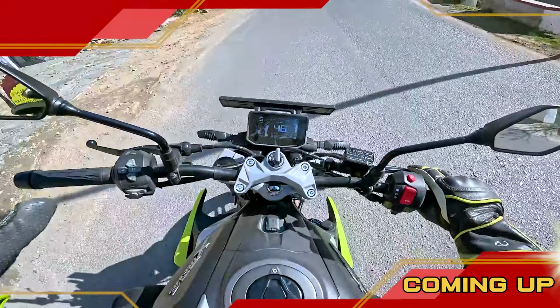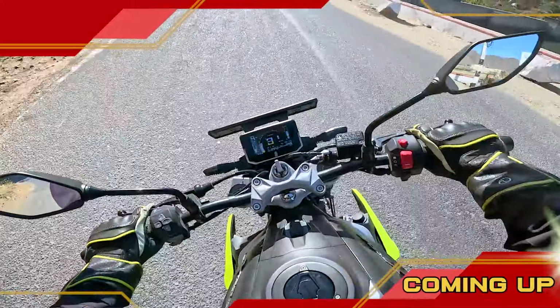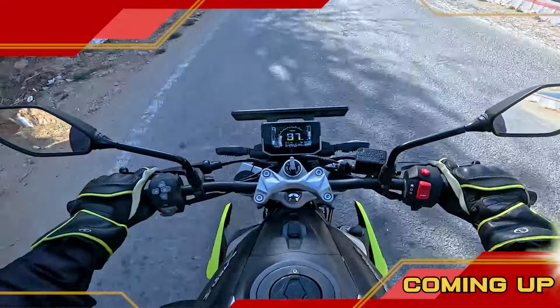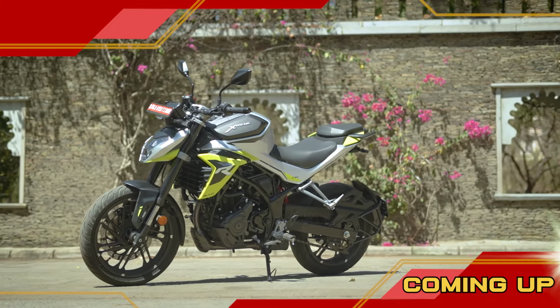So 45-50 in the 5th gear. The torque is there to help you out. Mid-corner bumps and cement roads is something that the bike does not love. It loves low revs. As compared to the rivals, it is one of the better or best looking naked motorcycles